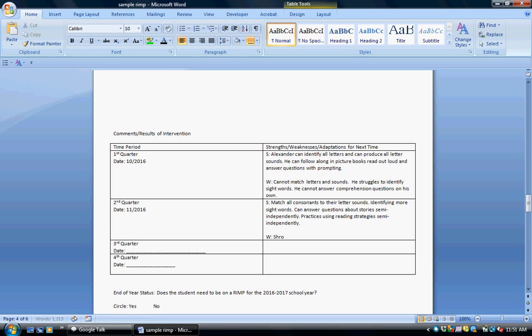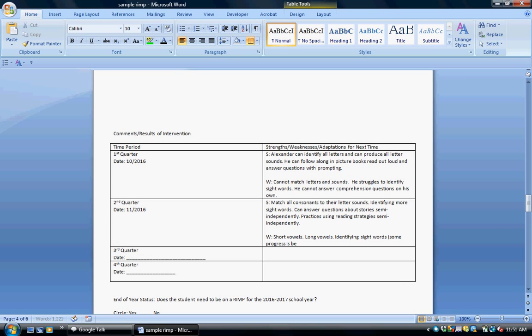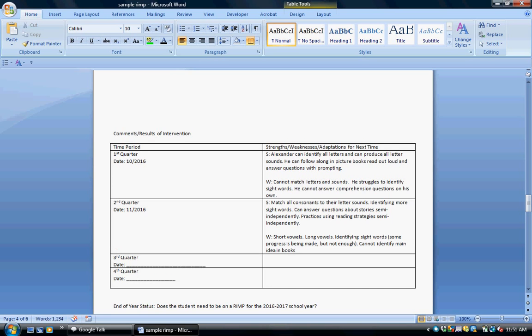Weaknesses: short vowels, long vowels, identifying sight words still. Some progress is being made, but not enough. And he cannot identify the main idea in books independently. Alright, third quarter